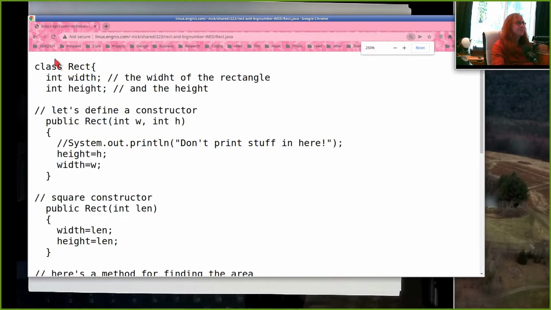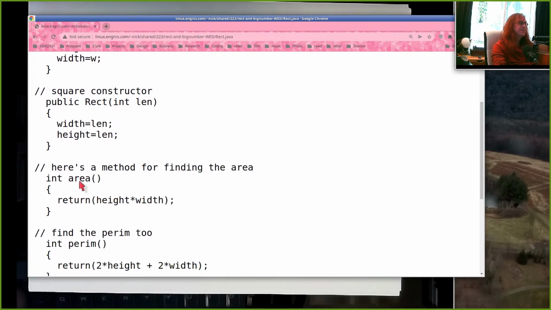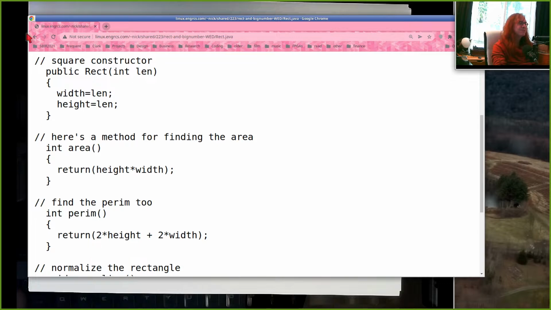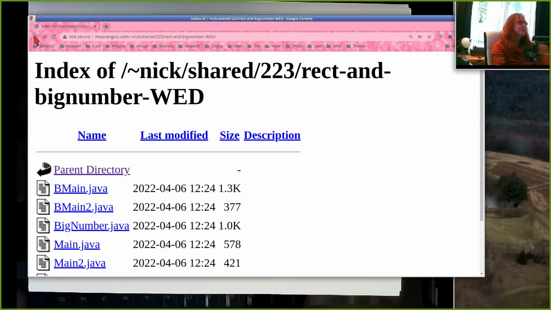So here's an example of a class. The class name is rectangle, right? So that's like a structure in C. It's a thing that contains variables and code. And so it's got a height, and it's got a width, and it's got a method for finding an area and a method for finding a perimeter. And so when we look at using that,